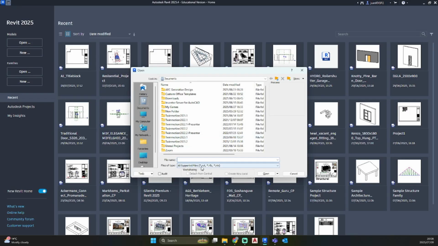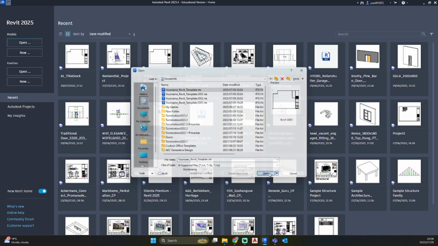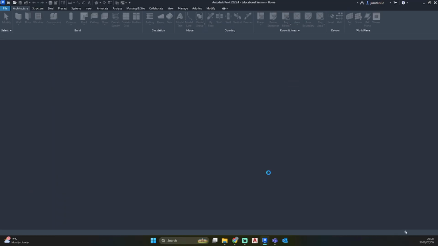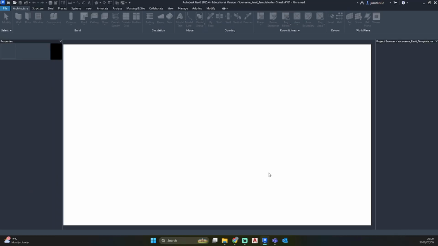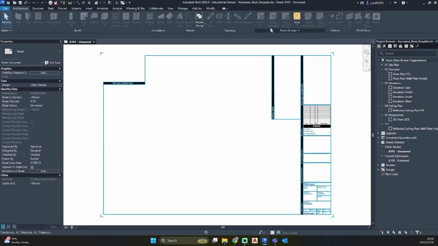As you can see, it shows Revit file, family file, template file. So let's go to where our template is saved. Mine is under documents. So I'm just going to click on my template file, open. And now I've opened my Revit template.